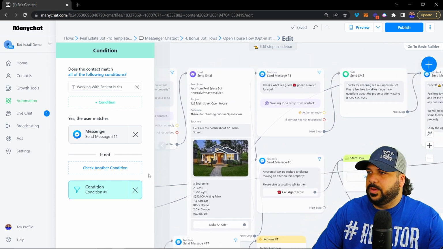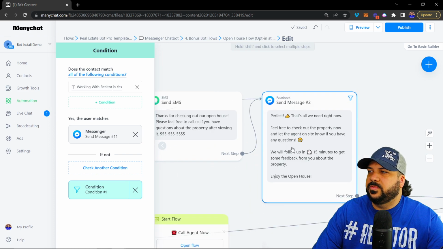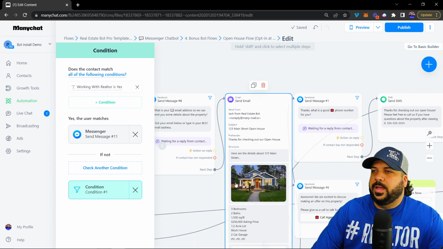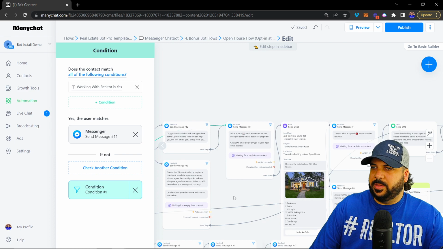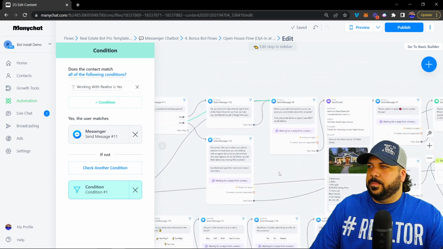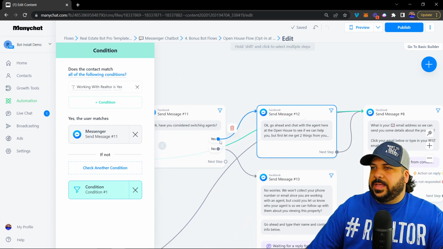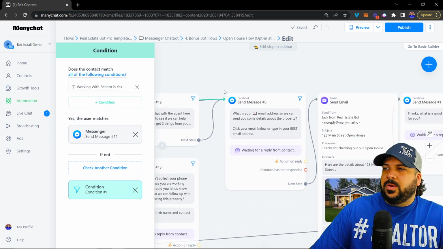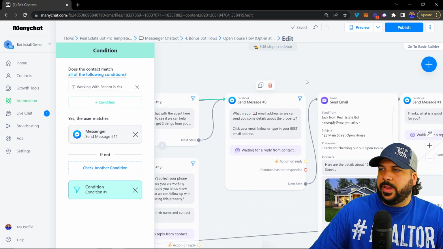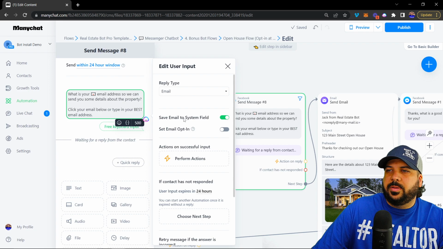Now that next step goes all the way to perfect. That's all we need from you. Feel free to check out the property. But again, let me back up a little bit. So after they've gone through those and asked if they've been considering switching an agent, then we capture their email right here. And this is the user input and reply type